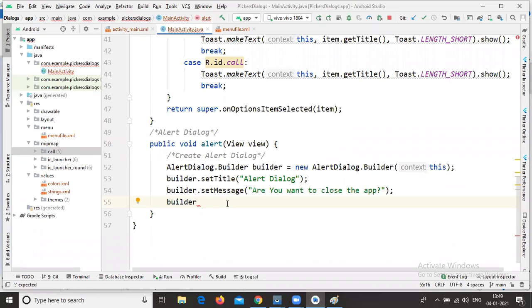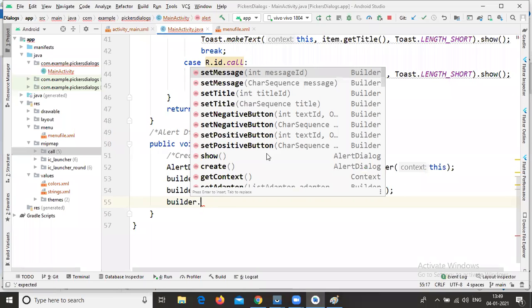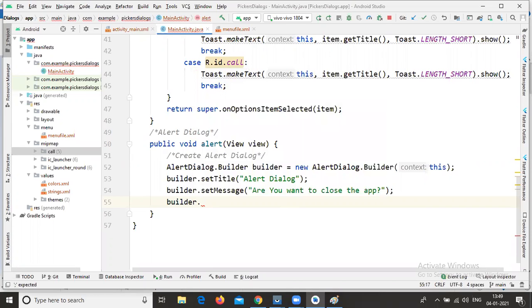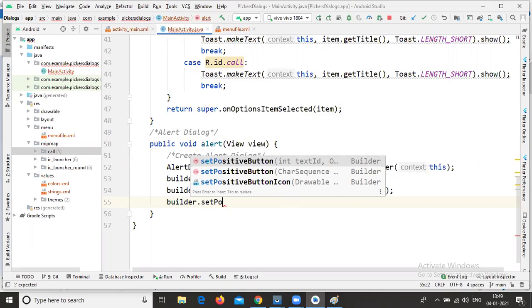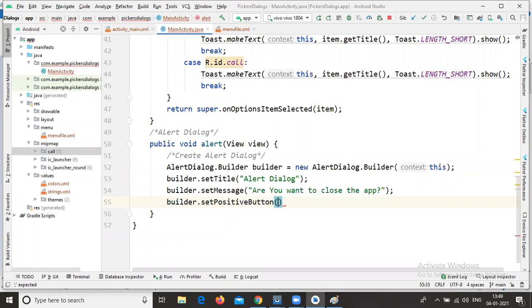So builder dot set positive button. Positive button means we need to write the positive parameter, that is yes is positive.